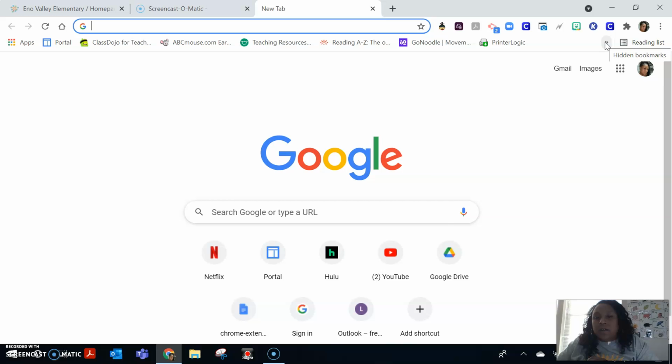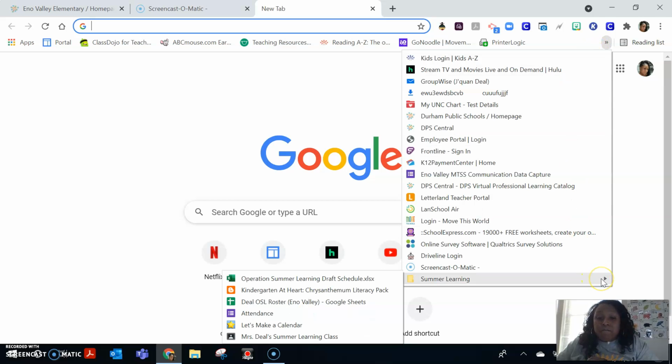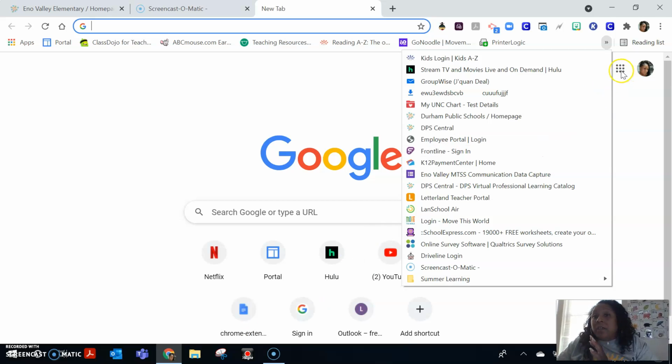This, I should have already bookmarked on your scholar's computer with my summer learning class. I believe that I did every scholar's computer. For whatever reason that I didn't, please forgive me. But it should be bookmarked, and it should look like this. It says Miss Deal Summer Learning Class. If I did not bookmark it, and again, I'm apologizing if I did not, you can always go to